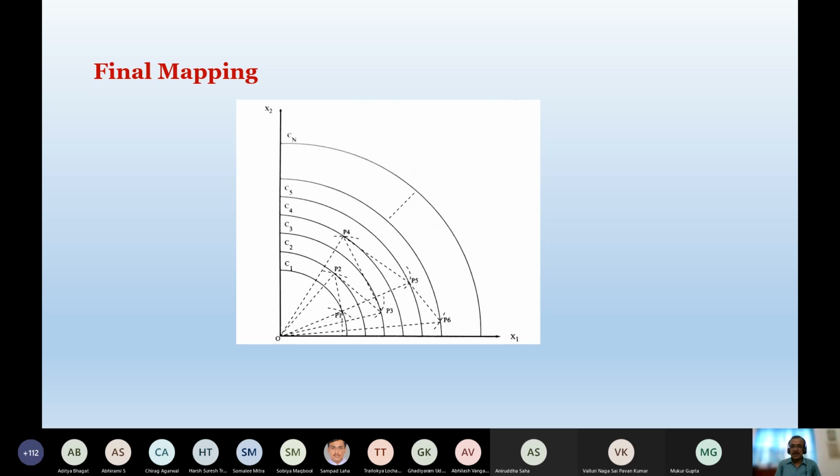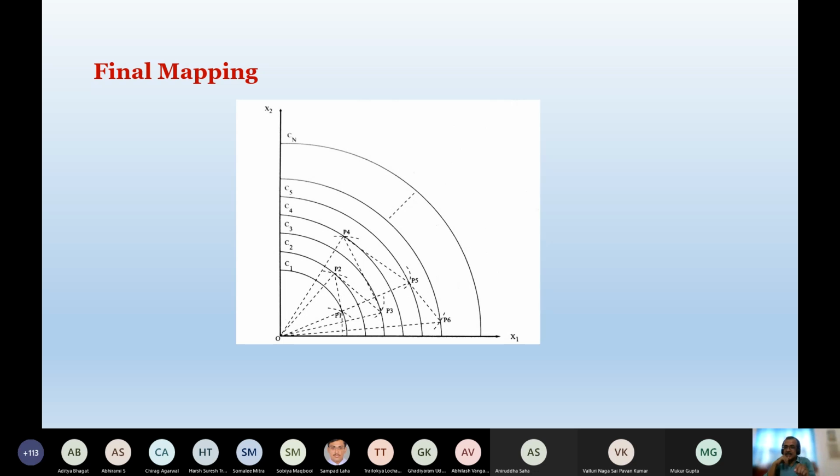It's very simple. From the origin in higher dimension, I can find out the Euclidean distance of all the connecting weights. How many connecting weights? Capital N number of connecting weights. So how many such Euclidean distances are possible? There are capital N number of Euclidean distances from the origin. Now you sort them in ascending order.